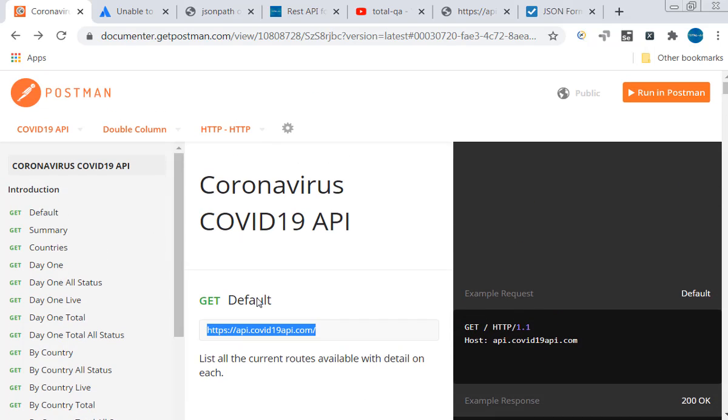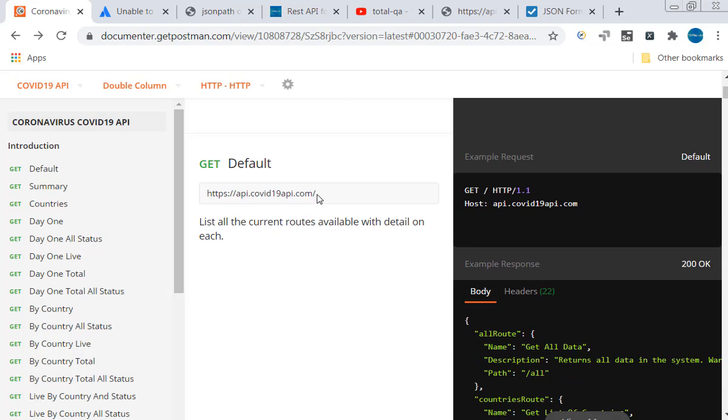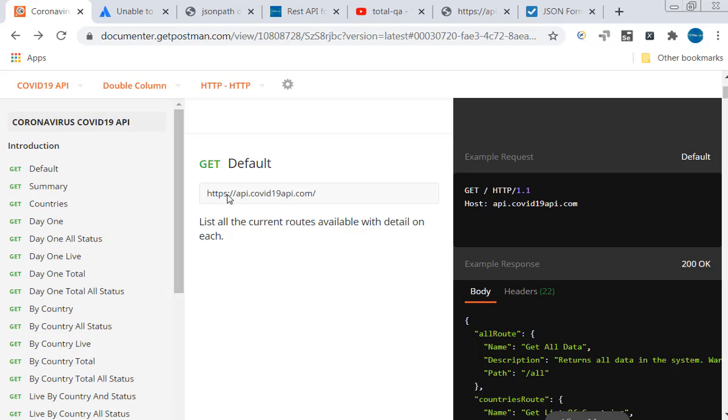Okay, the COVID-19 API is available online. If you look here, coronavirus COVID-19 API, this is the request we have to use to get information on all these services. When I hit api.covid19api.com in the browser, I get a response.